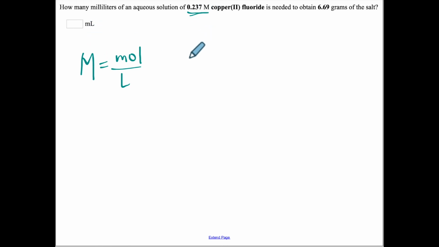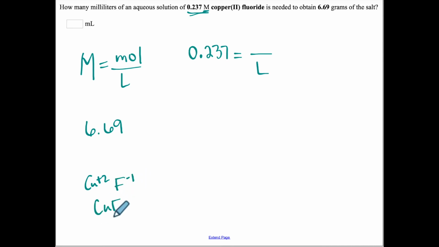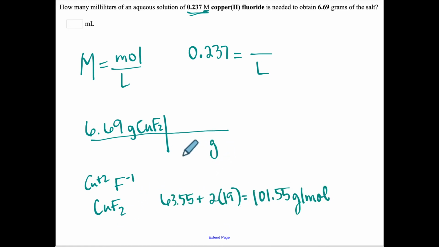I'm going to plug in 0.237 for the molarity, and I am going to try to solve for the liters. So what we need is the moles. We're given a mass, so we can take 6.69 grams of copper 2 fluoride. Now copper is Cu +2 because of the 2 in the parentheses. Fluorine is a -1, so we get CuF2. We have grams here, so we need grams down here, so we need to add up the molar mass of copper fluoride. We put the grams down here, 1 mole up here. We get